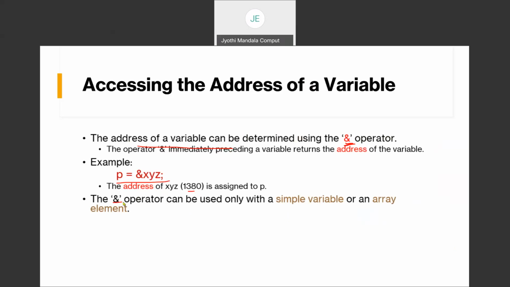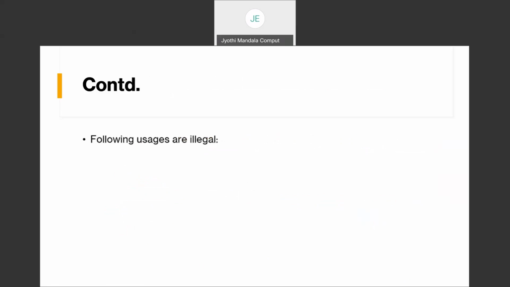You can use this AND operator with a normal variable or with array elements also. A normal variable will be holding one value only. An array will be holding more than one value. So this AND operator can be used with a normal variable like ampersand XYZ, or else you can use it for individual array elements also, ampersand X of 0, ampersand X of 1, like that. So the AND operator can be used with a normal variable or with array elements. But whenever you are using an ampersand operator, make sure